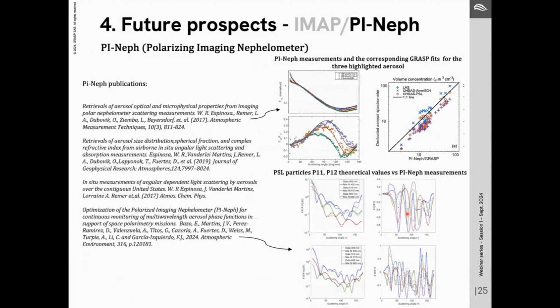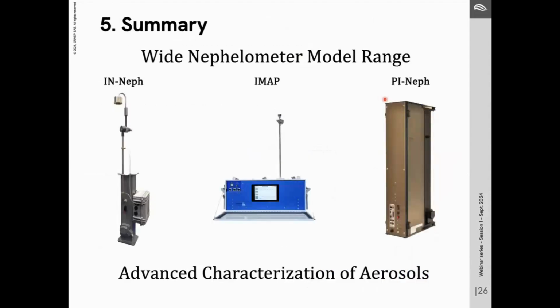So as I mentioned, this instrument is designed for scientific research. There are already several publications related to the AirPhoton PiNeph, and it has demonstrated very high measurement accuracy compared to the theoretical values that are calculated from the Mie code. It has also shown very good capability for advanced aerosol characterization when we compare with other instruments. And I'm very confident that with this instrument and the IMAP, we will also be able to obtain very accurate PM products as well. So to sum up,